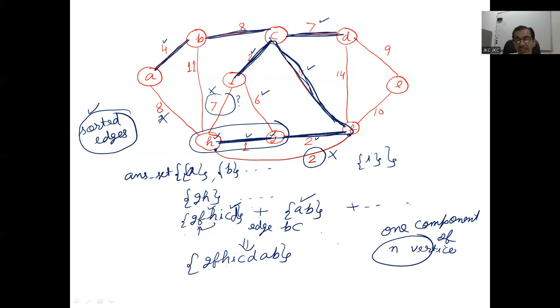D is here. E is here currently as a separate component. And then finally, this DE gets selected. And this selection will mean plus DE edge to be added. DE edge added will ultimately make this set as